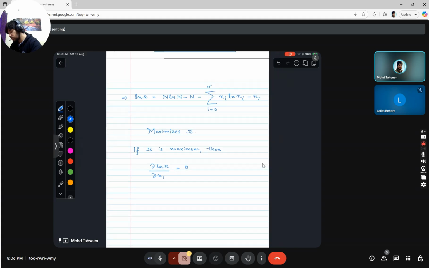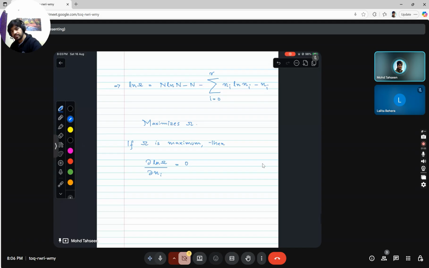And if we look at what this means, okay, we are running a little short on time, but this is our first requirement, that this derivative should vanish. And the second requirement is that the total number of particles is fixed, right? It does not change. So which means that if we take the summation, i runs from 1 to r, del of ni,